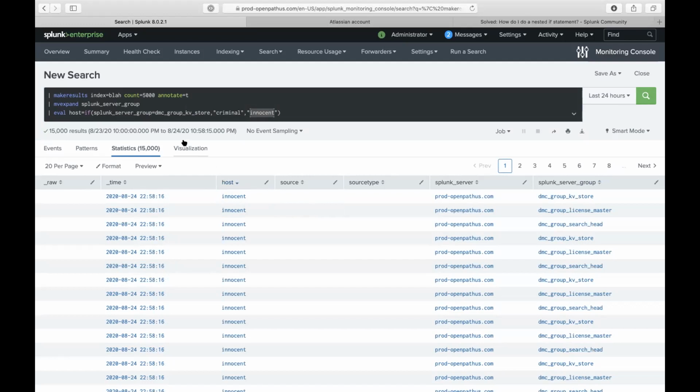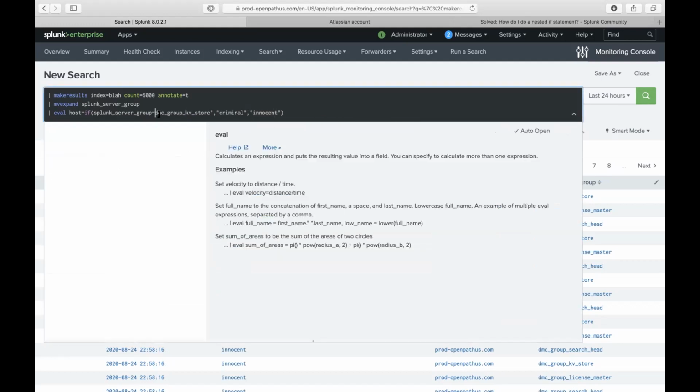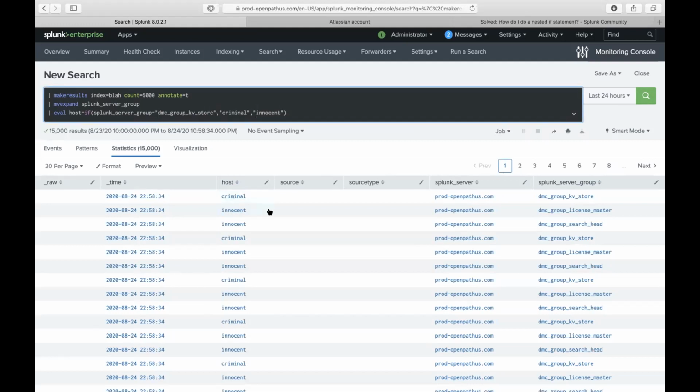So if Splunk underscore server group equals DMC. Oh, I forgot this right here. So that's why that didn't work. All right, there we go. So you see criminal, innocent, so it keeps alternating, right? Let's say we want to see how many times we have